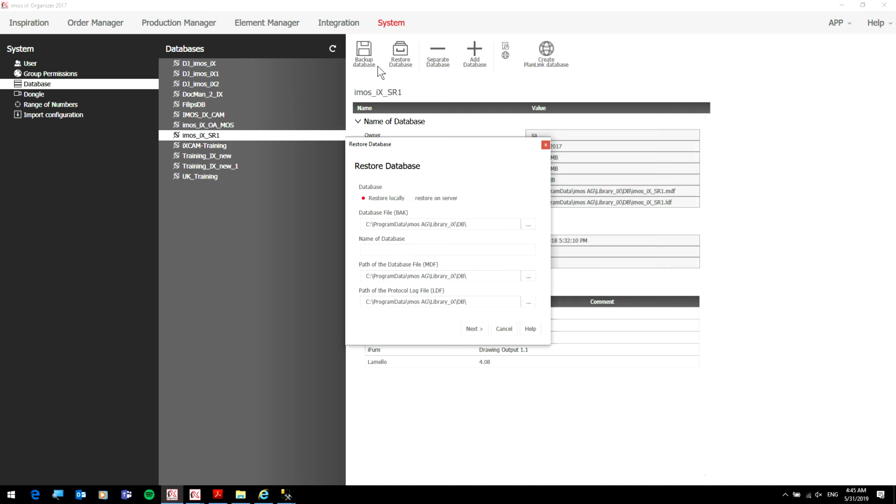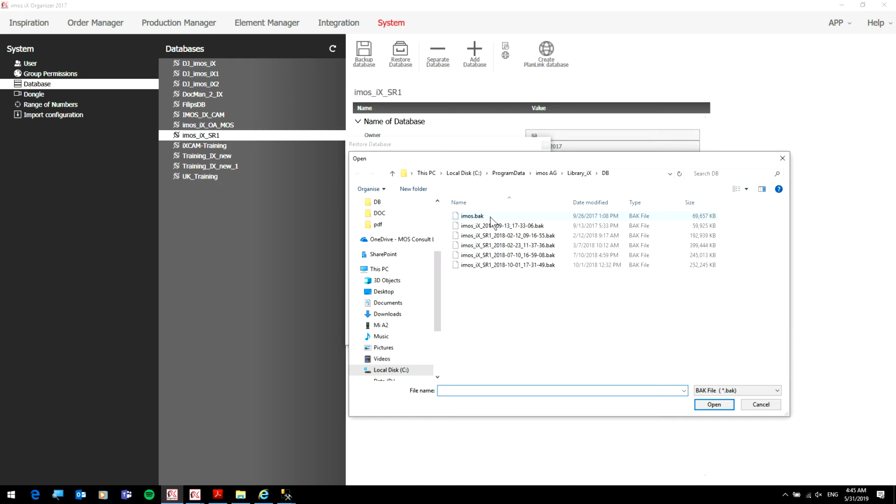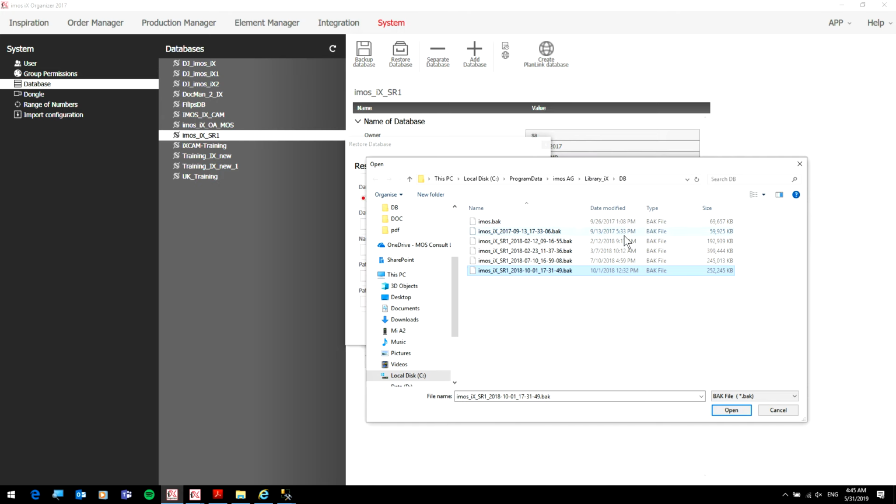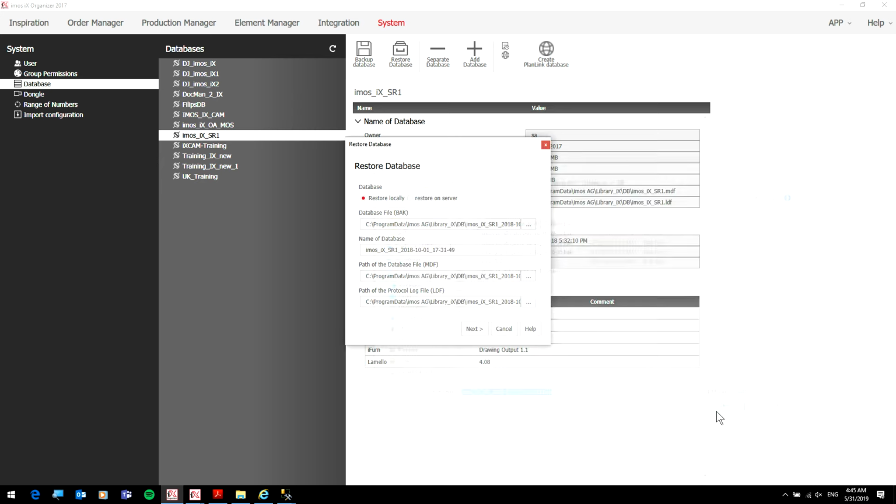I can go restore database, and I pick from here the. Oh, I already restored. Yeah. Wait. Yeah. So I restored it already, so that's why I don't have it. But let's say I have this one here, and I just open and say